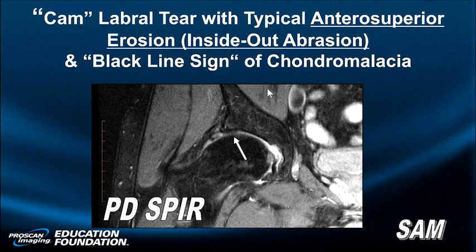Here's another individual with cam impingement with a macerated labrum and another sign of impingement. Not this sign, asphericity with a little bump. Not this sign with degeneration of the ligamentum teres, but this one, loss of the typical hyaline cartilage signal on a heavily water-weighted sequence. It's dark. That's a sign of altered proteoglycan and